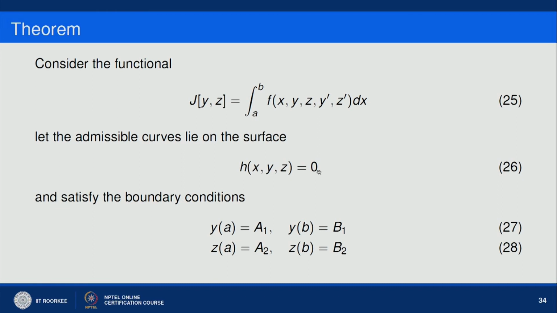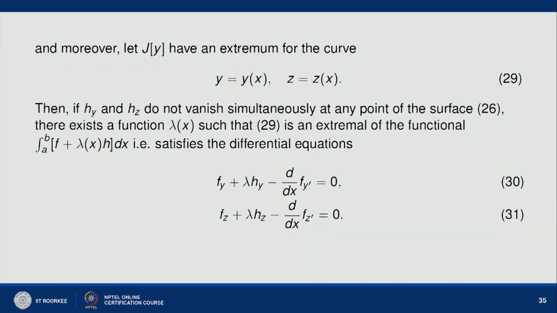So it means we need to find curves y of x and z of x which extremize this, provided y of x and z of x lie on this surface, and the boundary conditions are given: y of a equal to capital A1 and y of b equal to capital B1. Similarly z satisfies the same kind of boundary condition. We want to find the conditions such that y and z extremize the functional given at 25. So here we simply say that let J have an extremum for the curve